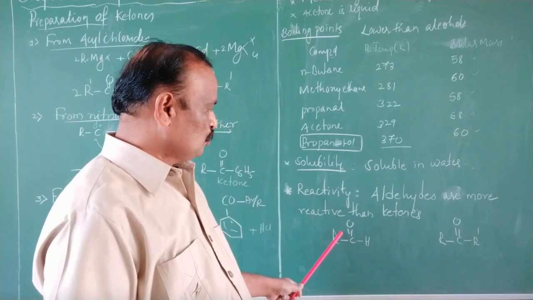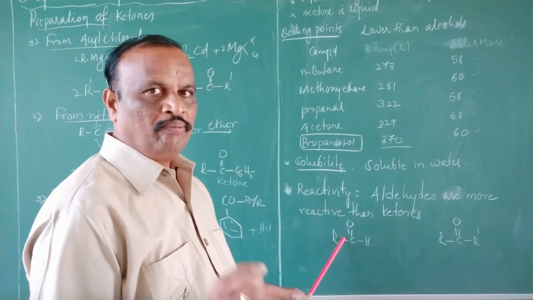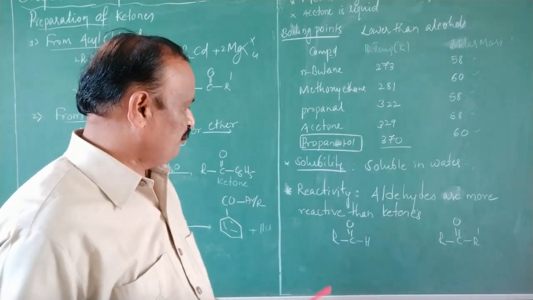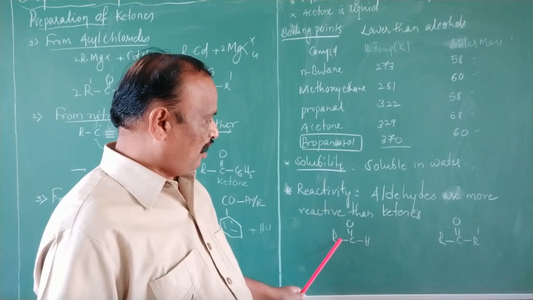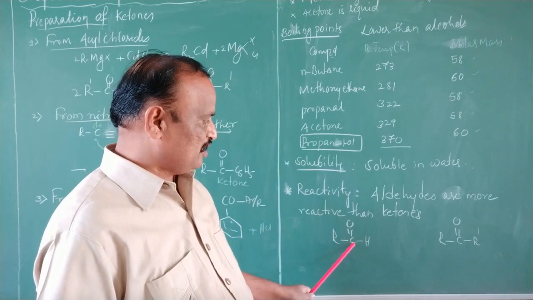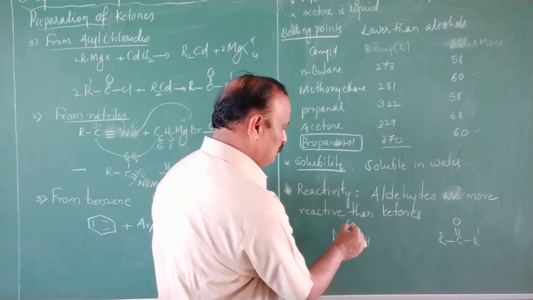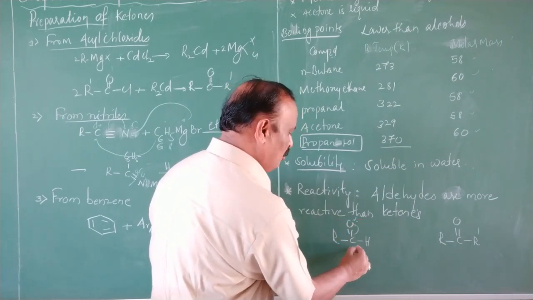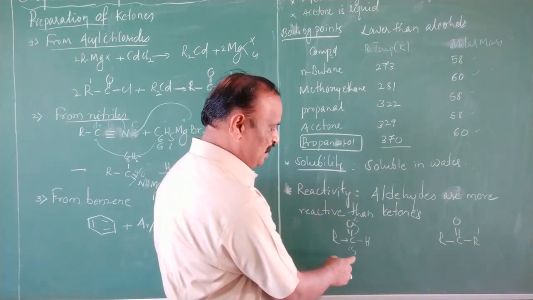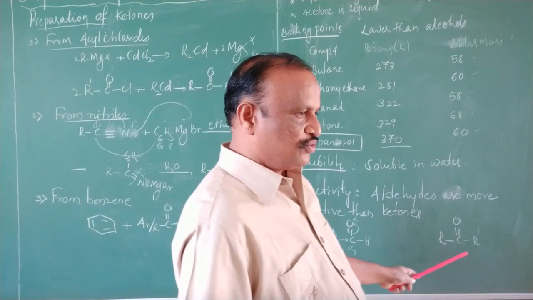the reasons is that around the C=O group, there is only one bulky R group, and on the other side hydrogen. The steric hindrance will be less. And the R group releases electron density, decreasing the electron density of the carbonyl carbon. When the electron density shifts, oxygen develops a negative charge and carbon develops a positive charge. The R group is an electron releasing group, so it slightly reduces the positive nature of this carbon. But in the case of ketones, what happens?